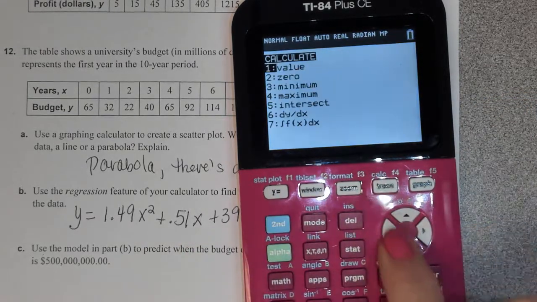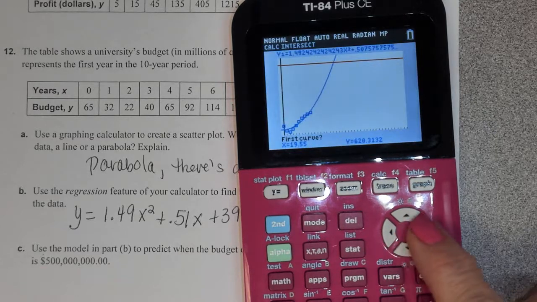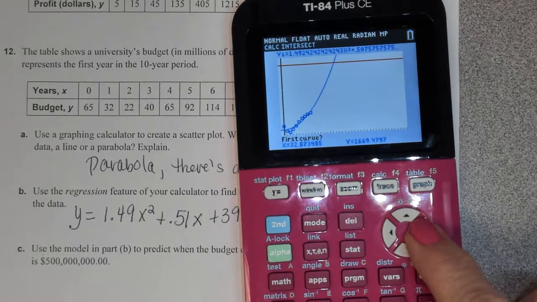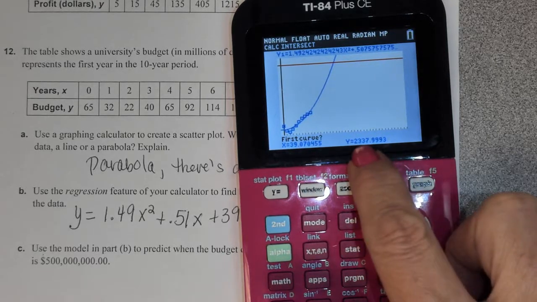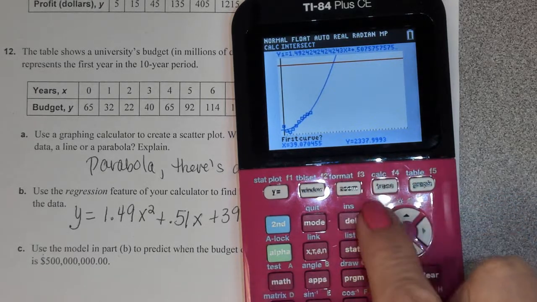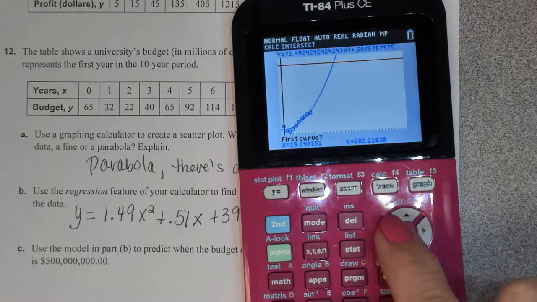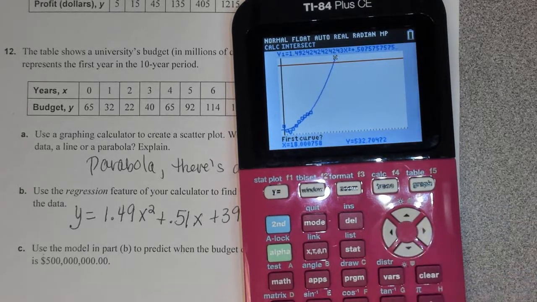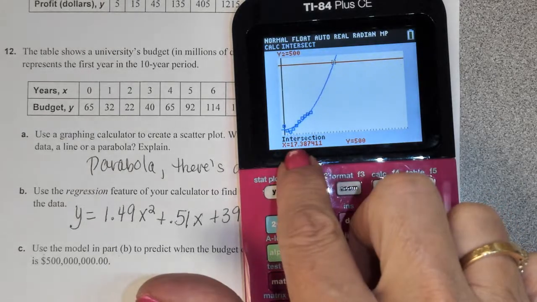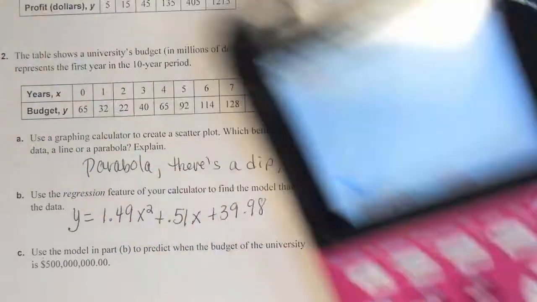So I do second, trace, calculate, find that point of intersection, get kind of close to it. I don't even see my cursor yet. Where are you, cursor? Oh, I'm too high up. See, look, guys, I'm looking right here. I couldn't see my cursor, but I was going in the wrong direction. I'm trying to get y close to 500. I should be going to the left, not the right. It should show up here shortly. There we go. And then just push enter, enter, enter. And so at 17.4 years,